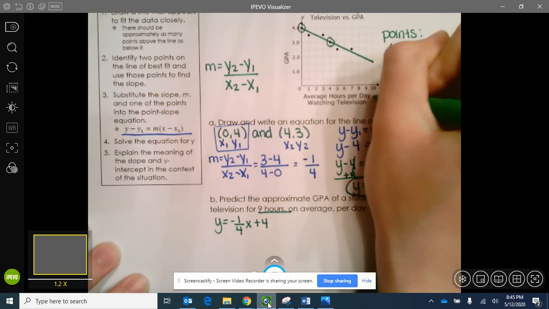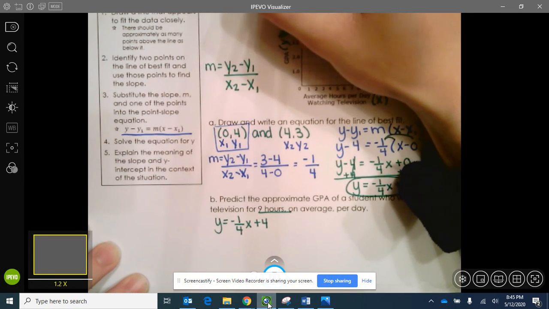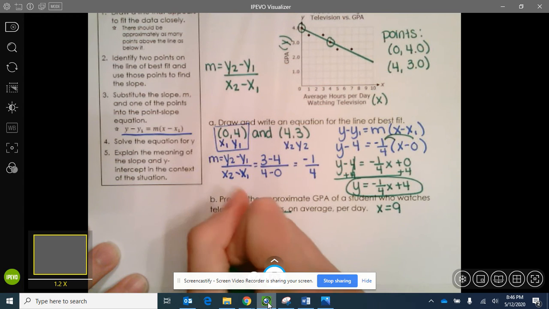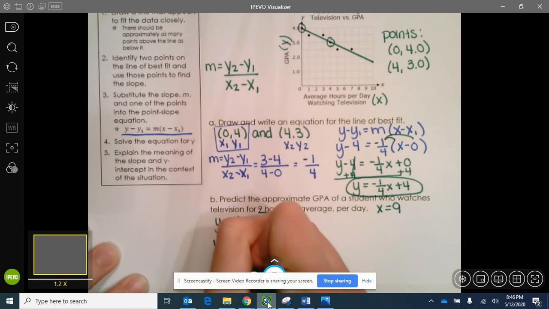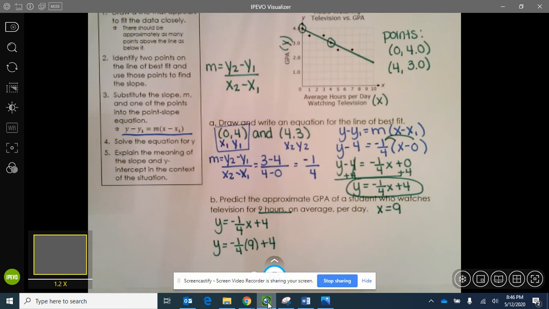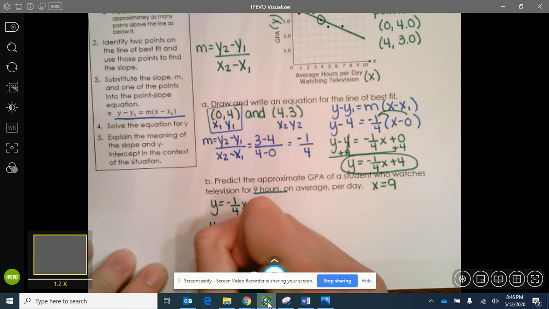Okay, so if you look at your graph, X was your hours of TV, Y was your GPA. So I'm looking at 9 hours, so that means X has to be 9. So I'm going to plug in 9 for my X. Okay, and all you need to do now is evaluate to figure out what Y is. So I'm going to take negative 1/4 times 9, and I'm going to add 4. And I get